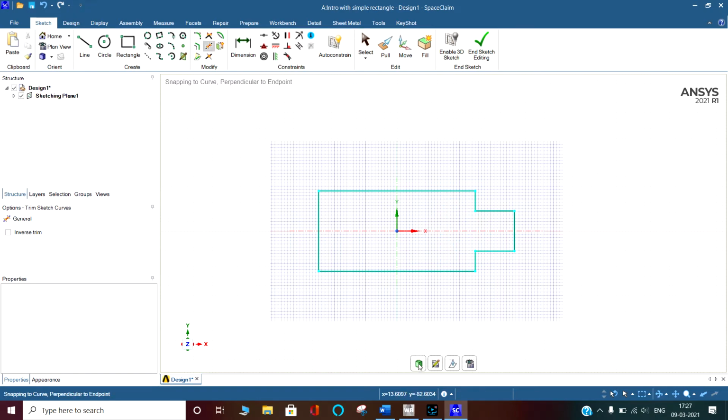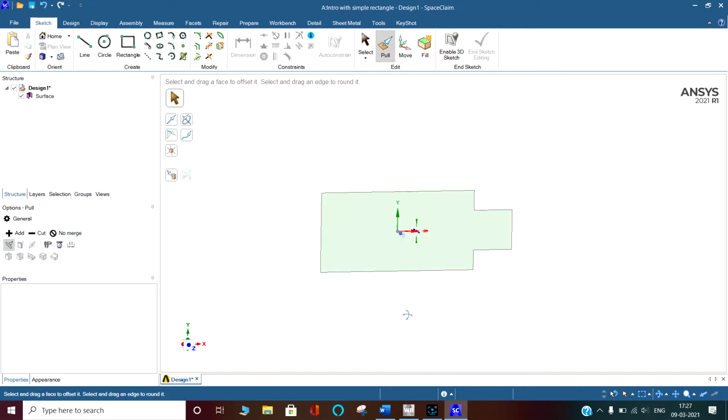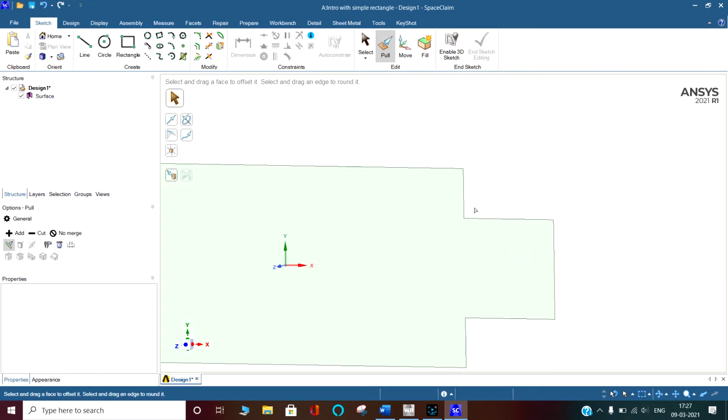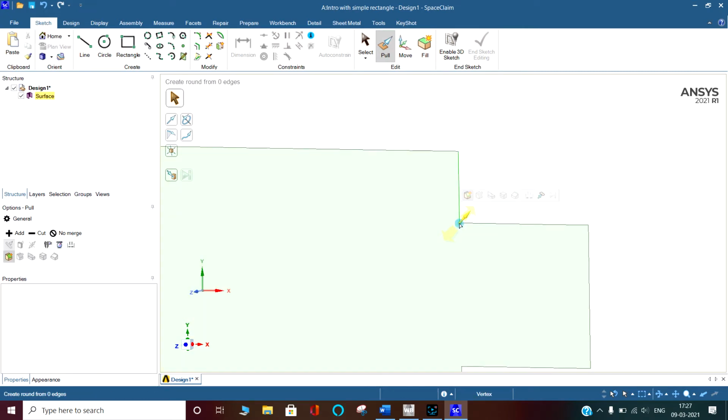Now I am going to return to 3D mode. Whenever I click this, the sketch is converted into a surface. I don't want the sharp corners, so just click on the point and press enter. You can provide the radius.